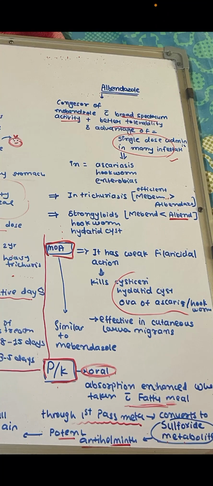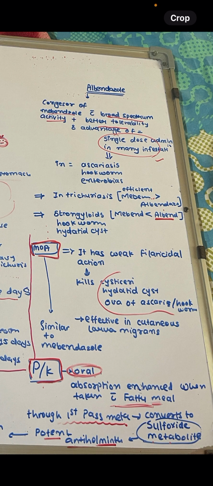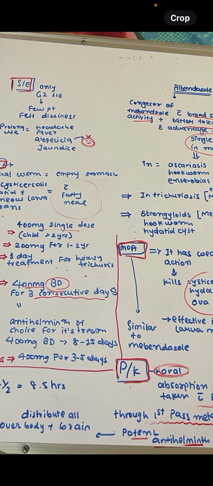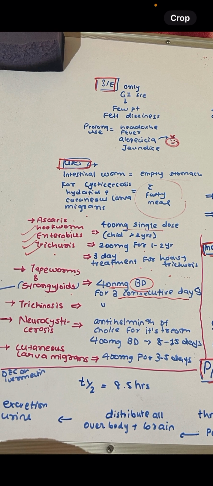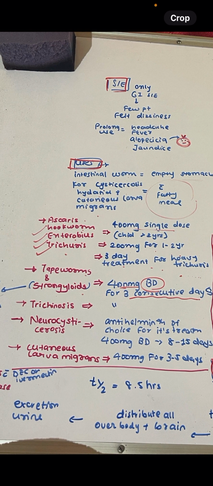It has weak filaricidal action, kills cysticerca, hydatid cyst, ova of ascariasis and hookworm, and is effective in cutaneous larva migrans also. It is taken orally, but absorption is enhanced with a fatty meal. It passes through first pass metabolism and is converted into a toxic metabolite for the parasite, so it is a potent antihelmintic. It distributes all over the body and in the brain, and is excreted in the urine with a half-life of